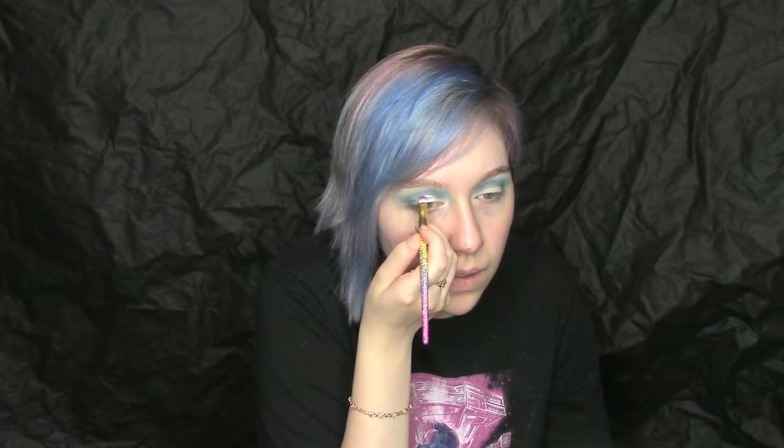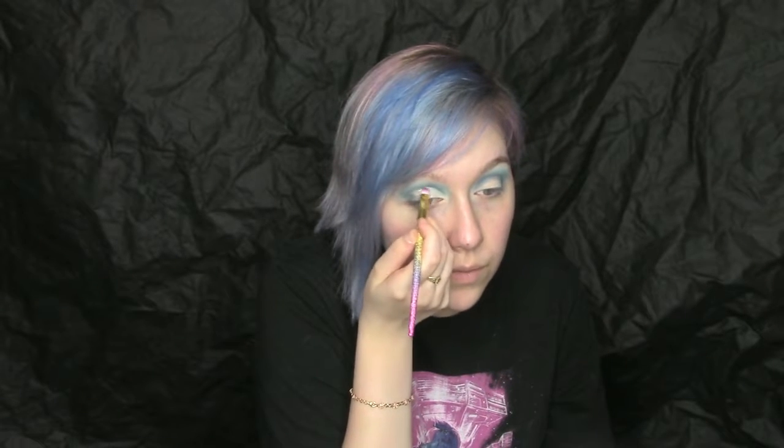So I'm going to lay the concealer down by my lash line, and I'm going to look up, and where the concealer has stamped on my crease, I'm going to follow that line and use that as my guide to cut the rest of my crease. So I went all the way down to my inner corner,